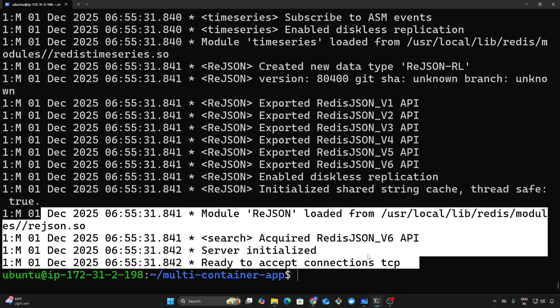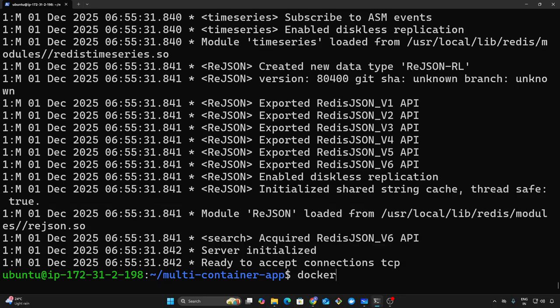So how to manage the application lifecycle? You can use docker-compose logs to view the logs. If you want to restart, you can use docker-compose restart. If you want to stop, you can do docker-compose stop. If you want to destroy, you can use docker-compose rm. Okay, let's destroy this. First, docker-compose